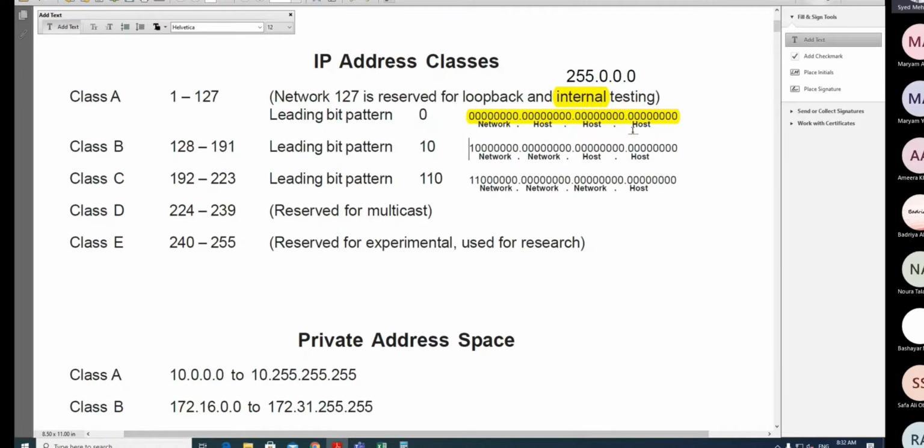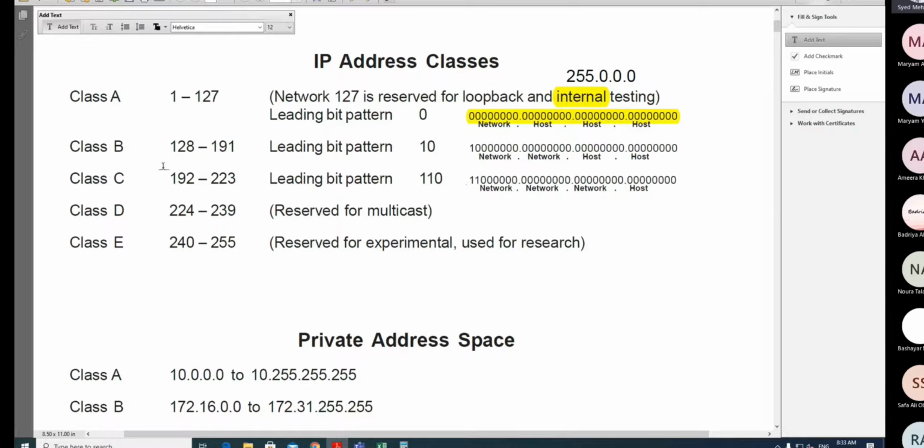That is why we are writing 255.0.0.0. It means the first 8 bits are all ones and the rest of the bits are 0. 0 means this is for the host and this is for the network. Is it clear, all of you? Always keep in mind that the leading bit always starts with 0 for class A, it starts with 10 for class B, and it starts with 110